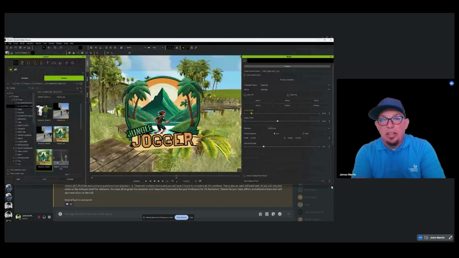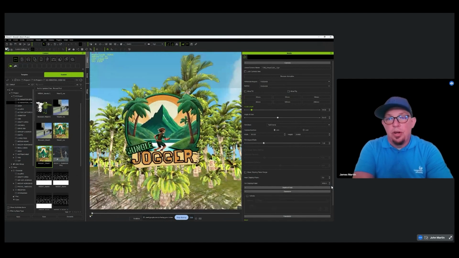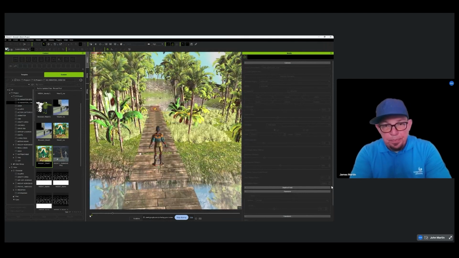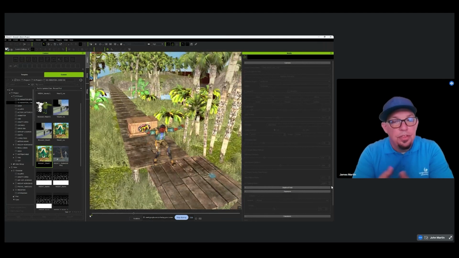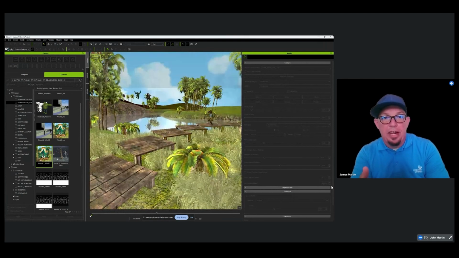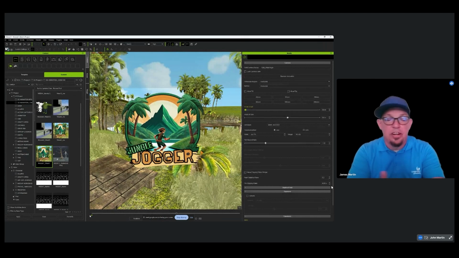To give you an idea of what that looks like inside of iClone, this is my mock Module 1 project that students are introduced to, where I have unapologetically taken the Temple Run scenario and added that into the real-time environment. Again, marrying content from Sketchfab, where I've actually pulled out Beast Boy from Fortnite and brought that into my Jungle Jogger as my enemy. Again, AI tools are used to brand the real-time animated